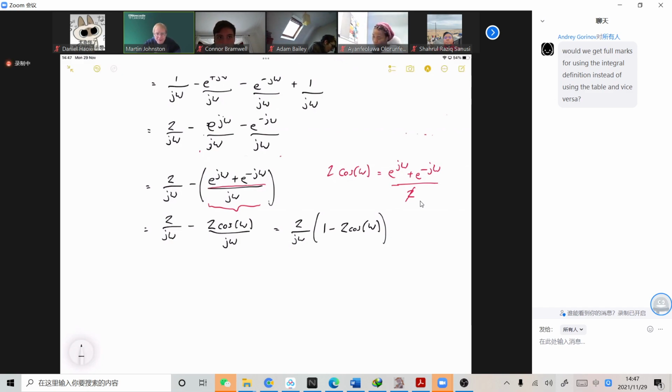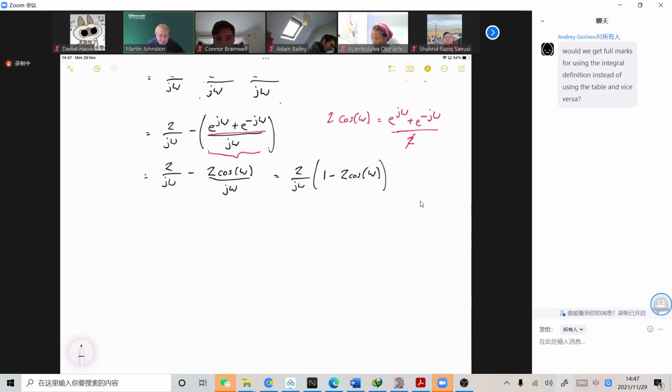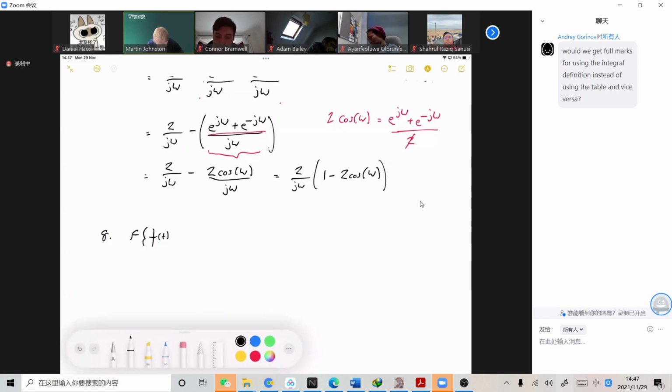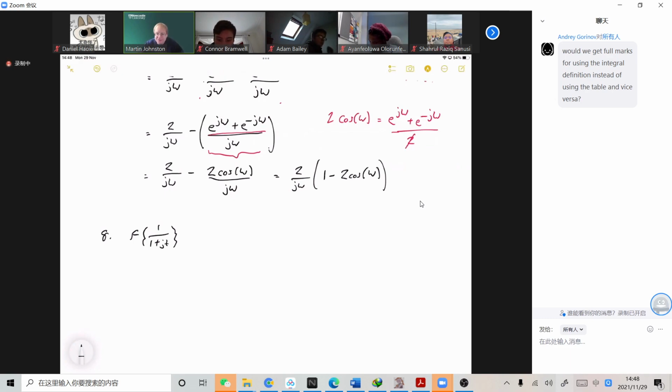Oh, what time is it? So let's just do question 8. We'll just do one time frequency duality question. Basically, we want to find the Fourier transform of 1 over 1 plus jt. That is a function again that isn't in the Fourier transform table, but we can use time frequency duality because